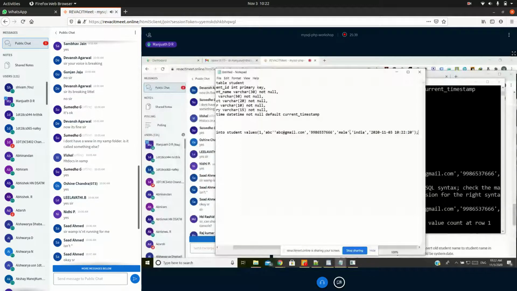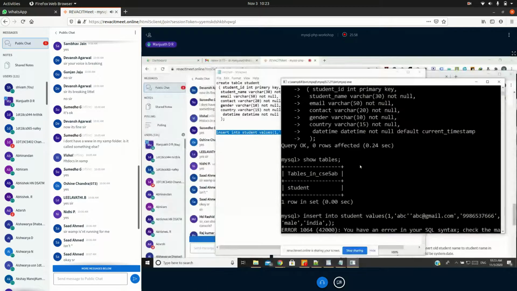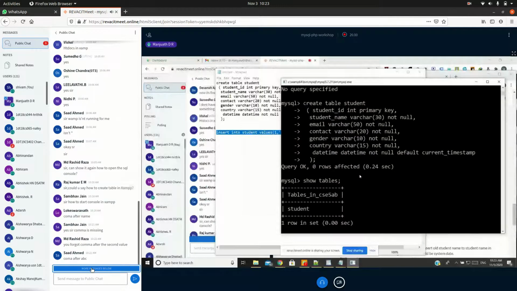I think I don't have it. Okay, everything is fine. It says it does not match count at row one. What is that? So it is student, student name.